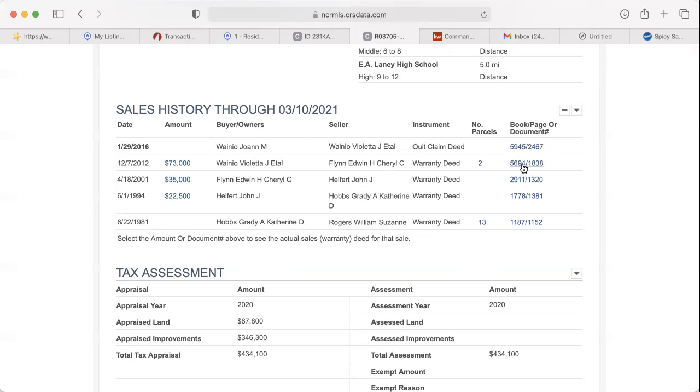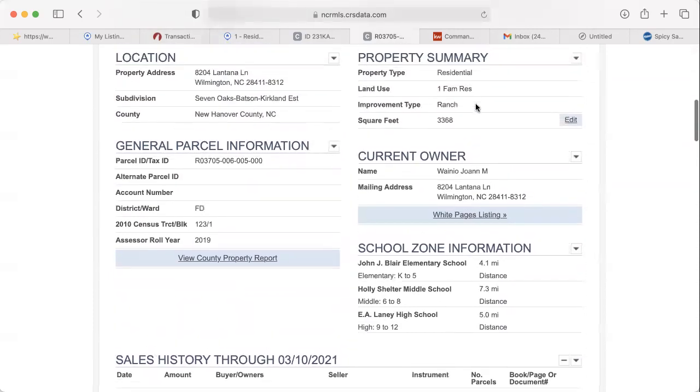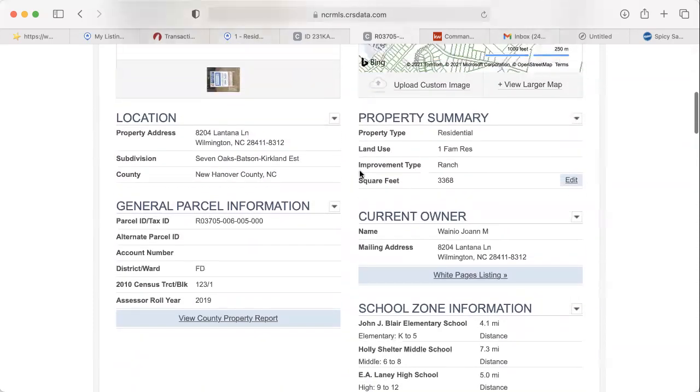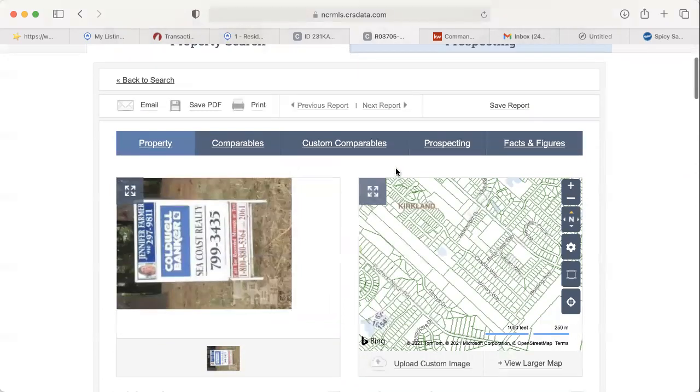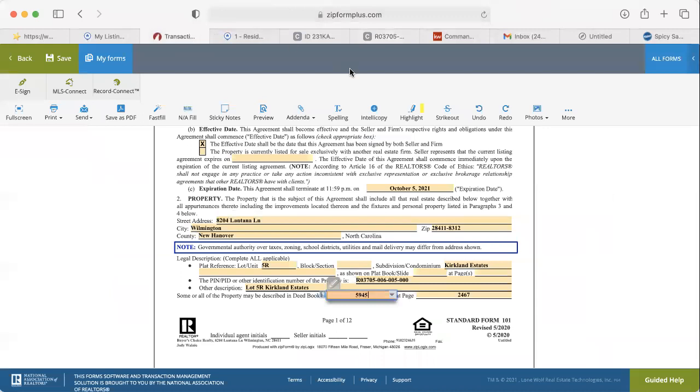Anything blue that's underlined, when I put my cursor over this, you see how it gets underlined? This is actually a hyperlink, and I could go right to it here and look at the deed. It would take me right to the county website to show me a copy of the deed. So there's a lot of good information on this tax record. We're not going to review it today, but we will go over it a little bit more in MLS training on Wednesday. So I'm going to go back to my form,